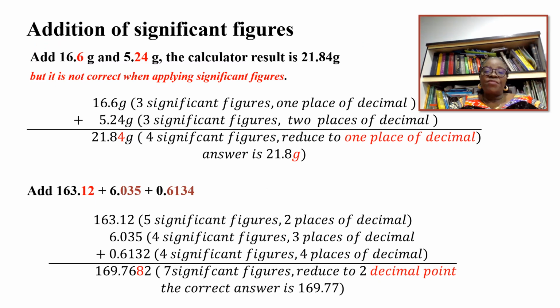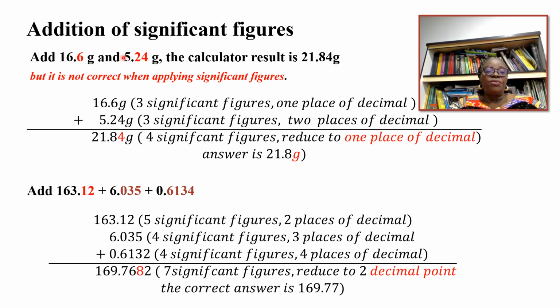Addition of significant figures. When addition is involved, the answer should have the same number of decimal places as the limiting term. The limiting term is the number with the least decimal places. This is because the sum or difference of two quantities cannot be more precise than the quantity having the largest uncertainty. For example, if you are told to add 16.6 gram and 5.24 gram together, while using the calculator, the